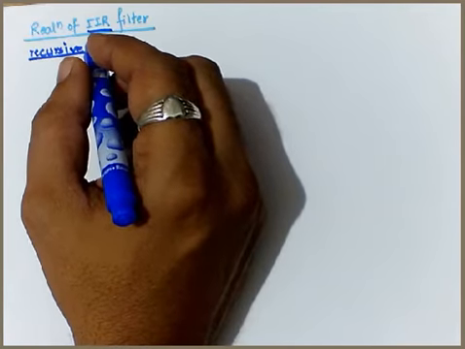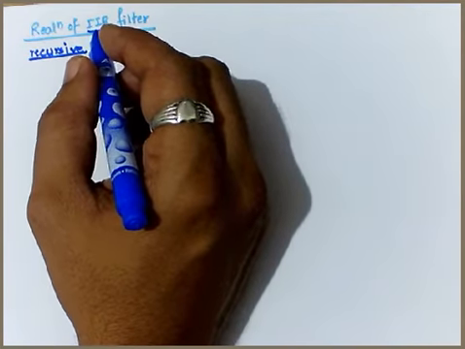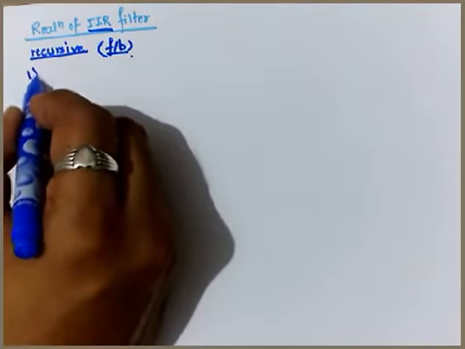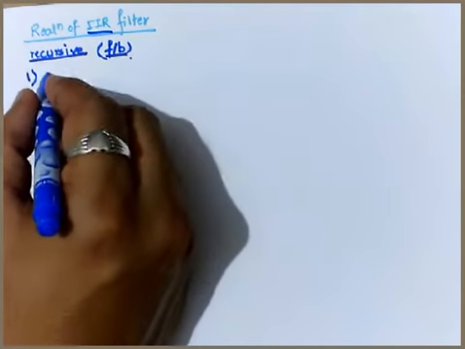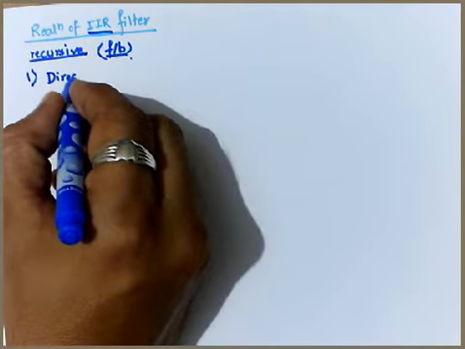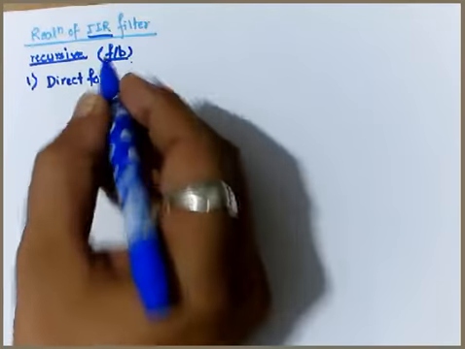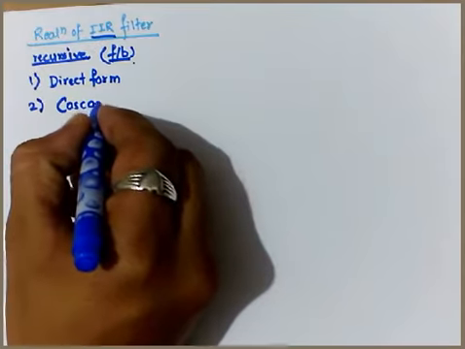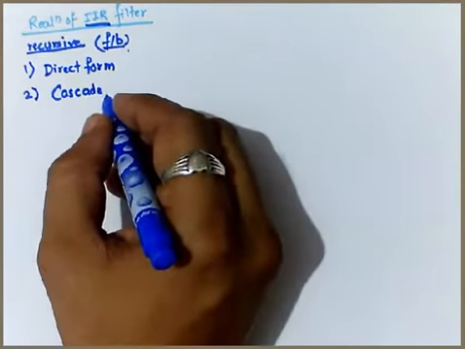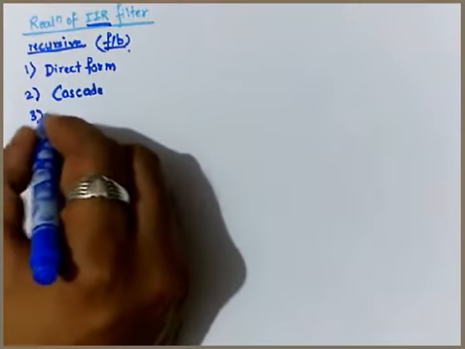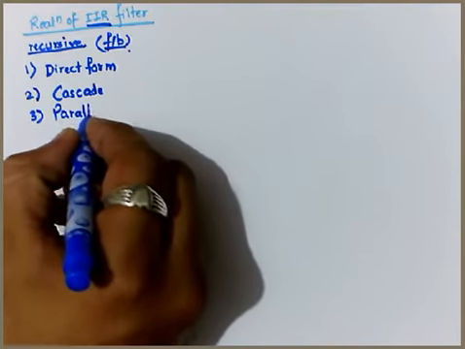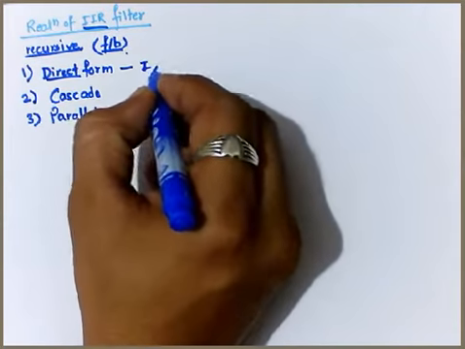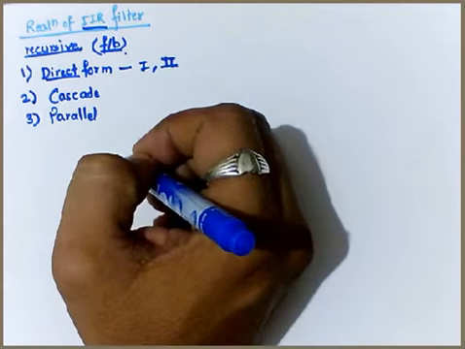To deal with the realization of IIR systems or filters, we are dealing with three main types of structure. First one is nothing but the direct form. Second is nothing but the cascade form. And the third is nothing but the parallel form. Now to start with the direct form structure, it is also classified as direct form 1 and direct form 2 structure.